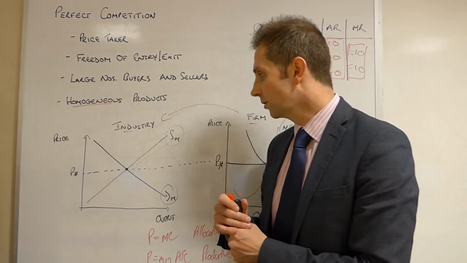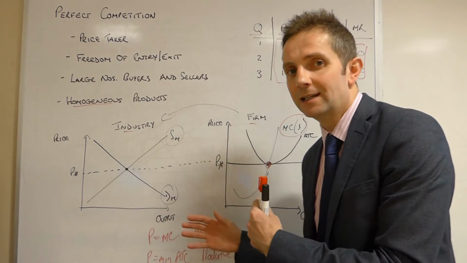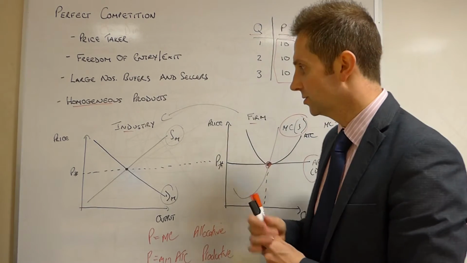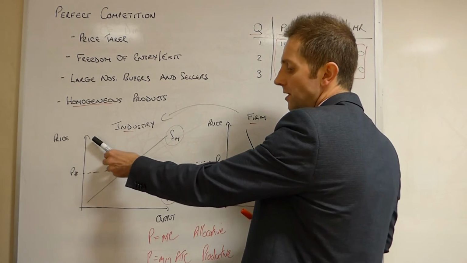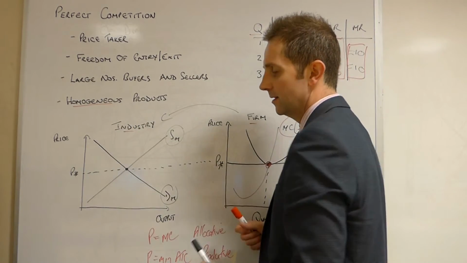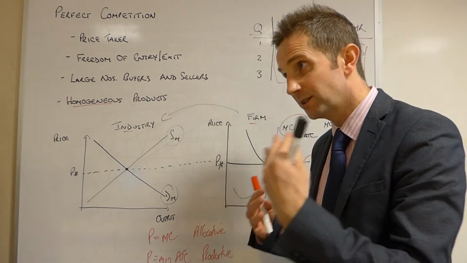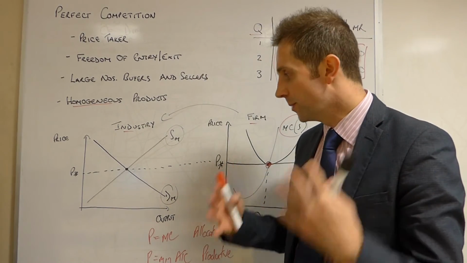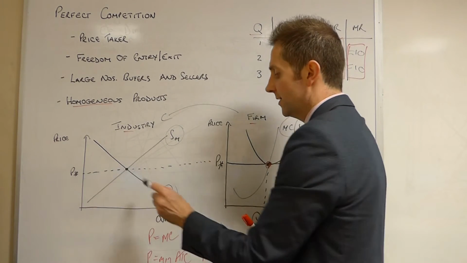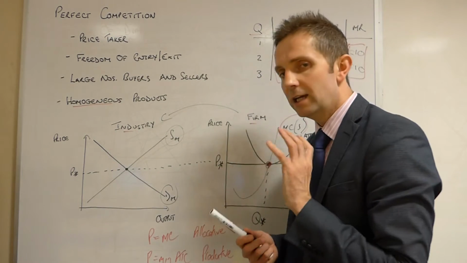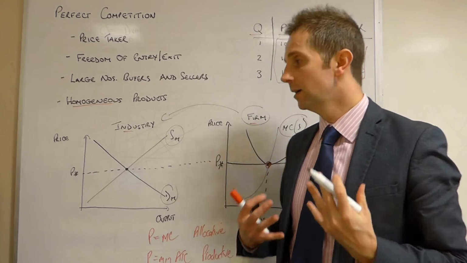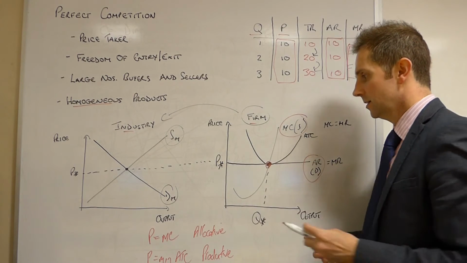So let's get into the diagrams. Now, I had already started this, ladies and gentlemen, and then my recording stopped, hence the reason I've already got some annotations here. But the key point is we've got the market demand and the market supply, which is the industry. So the sum of all the demand and supply curves for all the firms and buyers in the industry. That determines the equilibrium price, and then the individual firm has to simply accept that price because they are said to be price takers.